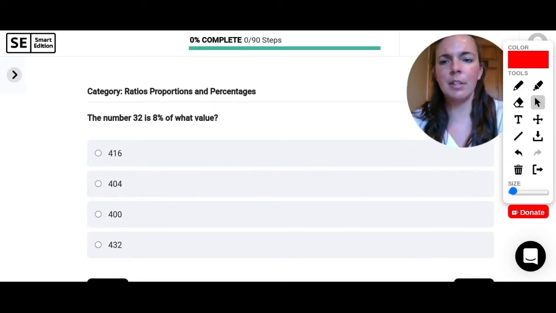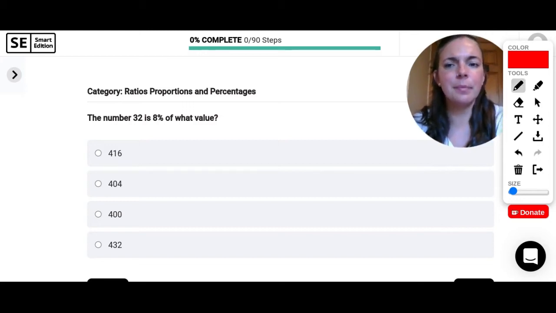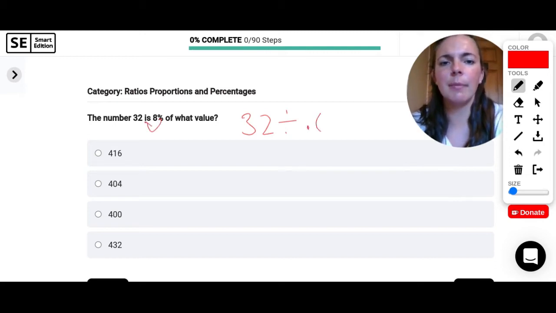Okay, the number 32 is 8% of what value? So 2 different ways that we could do this. You could take 32 and divide it by, you got to just turn 8% into a decimal, swoop it twice, so 0.08. So you could do 32 divided by 0.08, plug that right in your calculator,